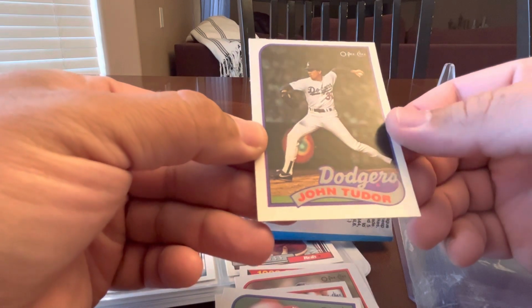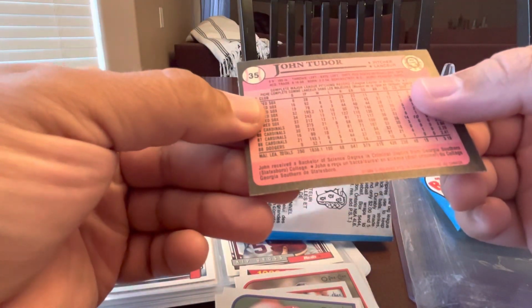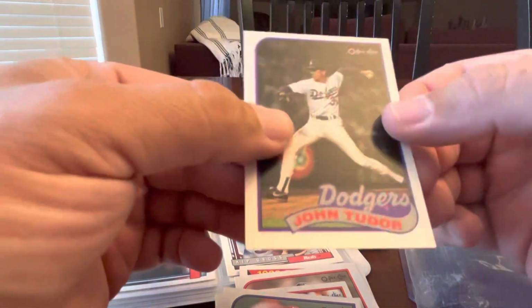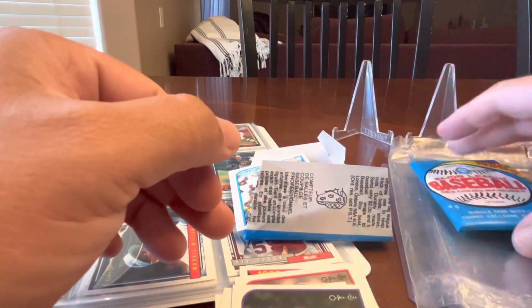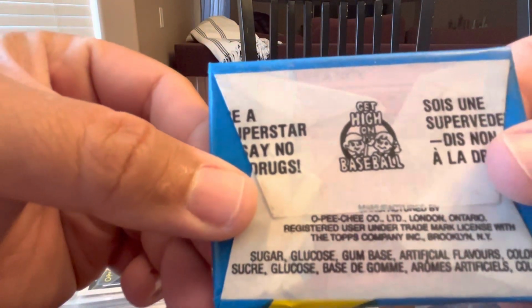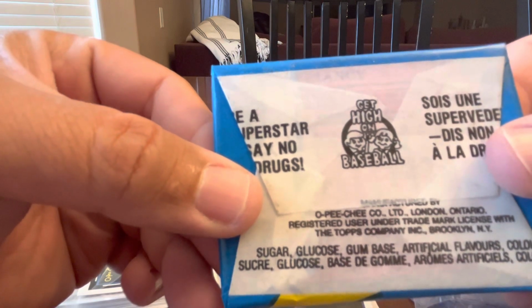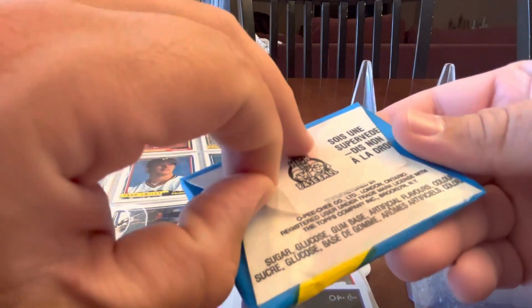Like, I don't know. It's possible that could be from, let's say, a World Series game. Who knows, in '88. All right, let's get high on baseball. All right. All right, next